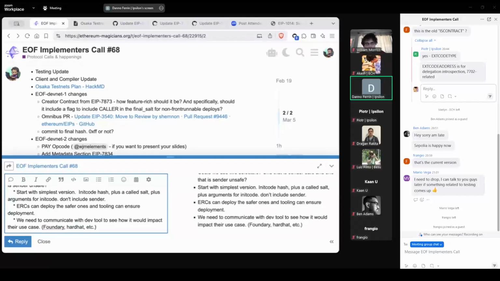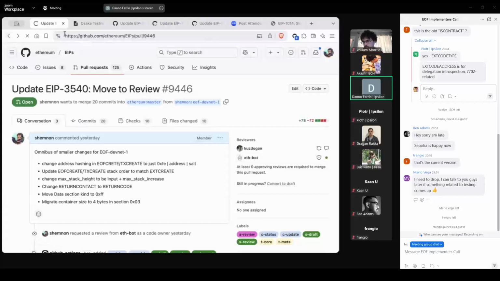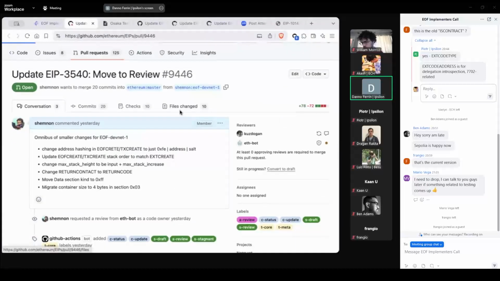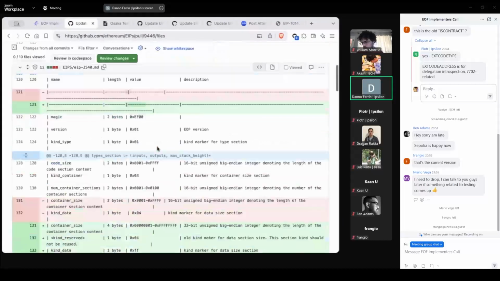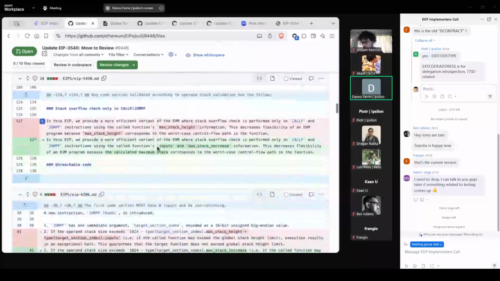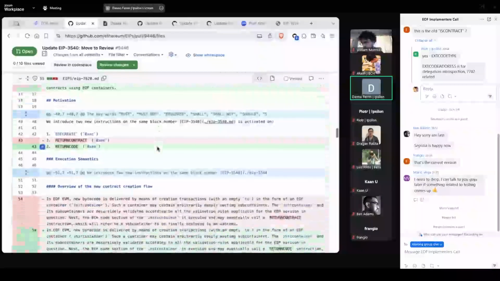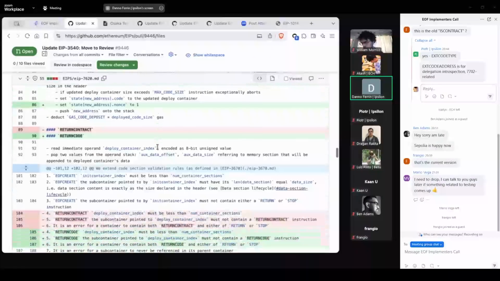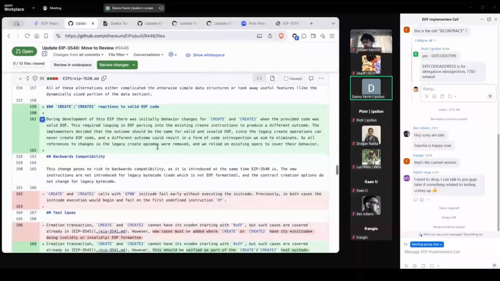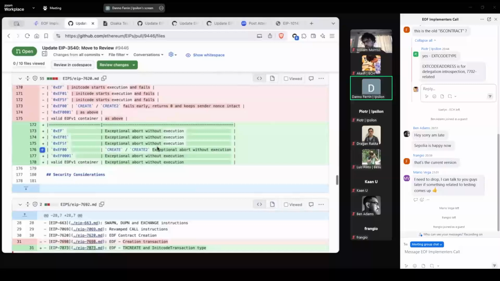All right. Have we said enough about the DevNet 1 changes? Does anyone have any questions? I posted the PR for review. This should reflect all the changes if everyone could review it. If there's anything I missed in the things we talked about, bring it up in comments. If this gets approval from everyone in there, it'll auto commit, but we can always go back and change things we missed later. But most of this is return contract return code changes and some other motivation section changes.